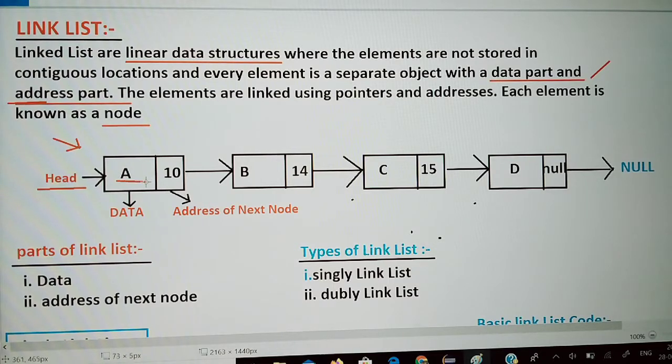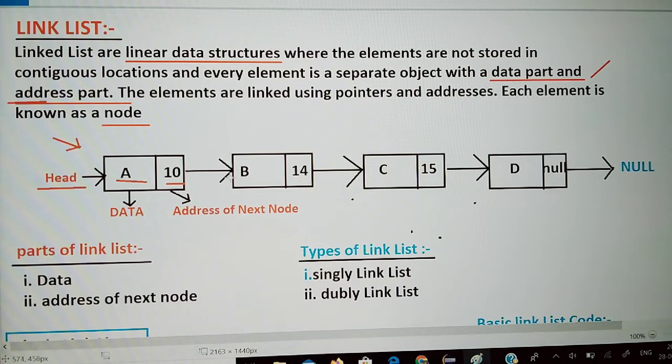Here a is the data part, and the address part is 10, because it is the rule of a linked list that the node contains the address of the next node. So 10 is the address of b; it is an assumed value. We are taking the address of the next node.